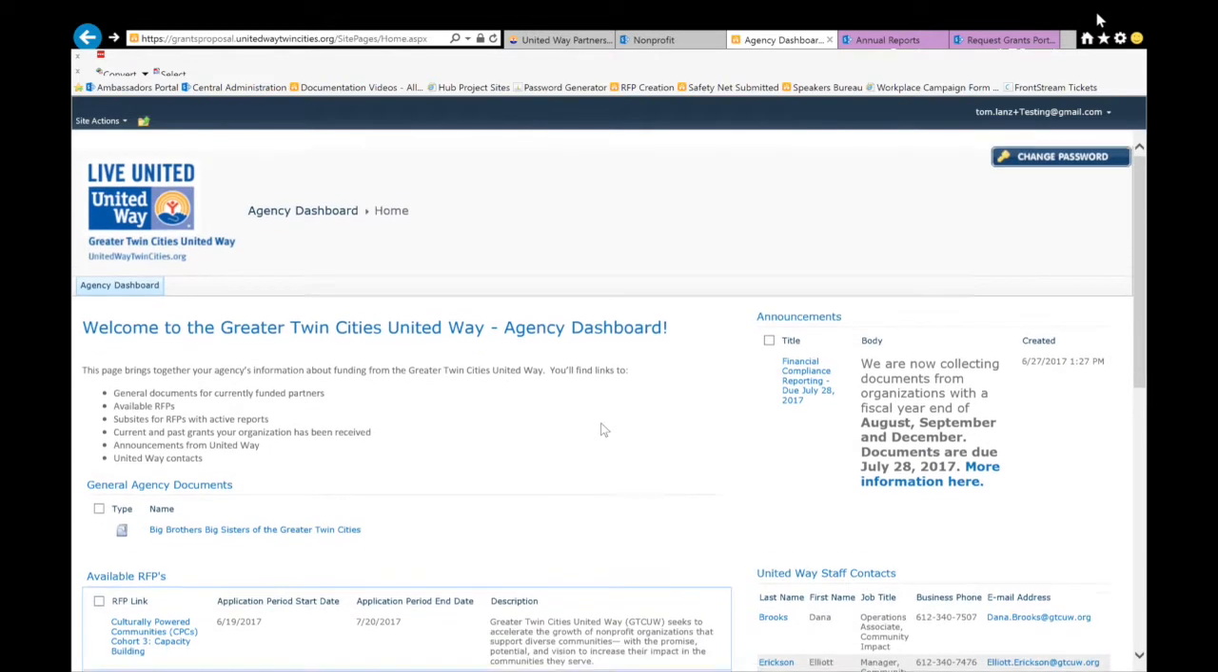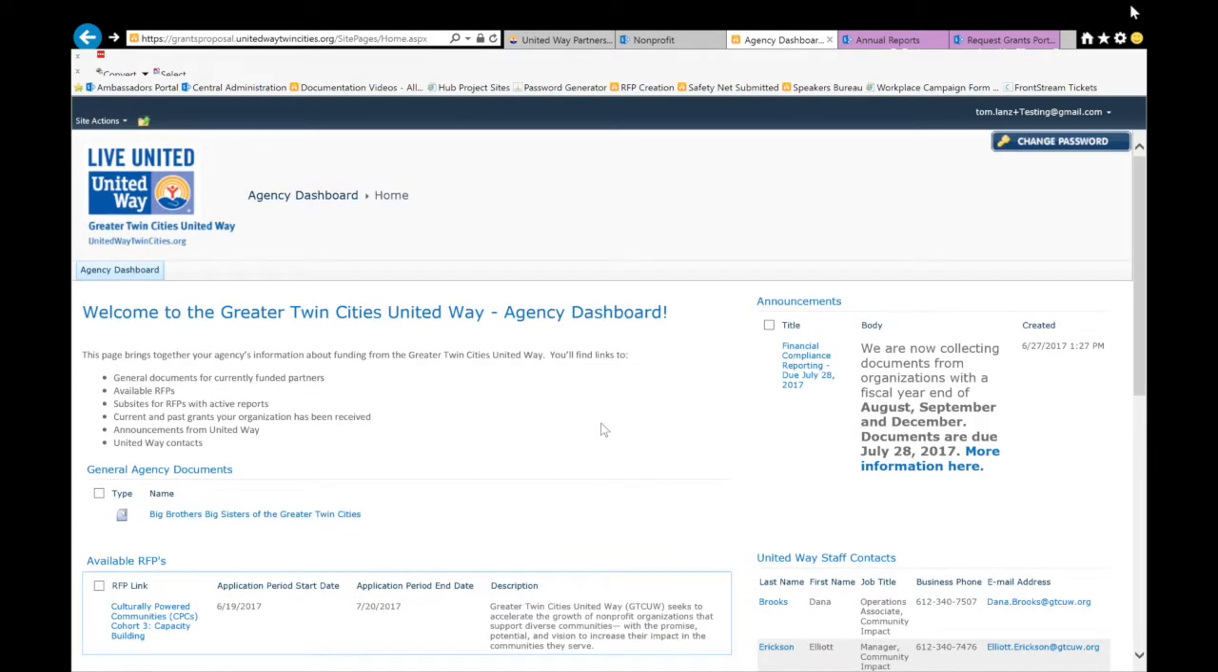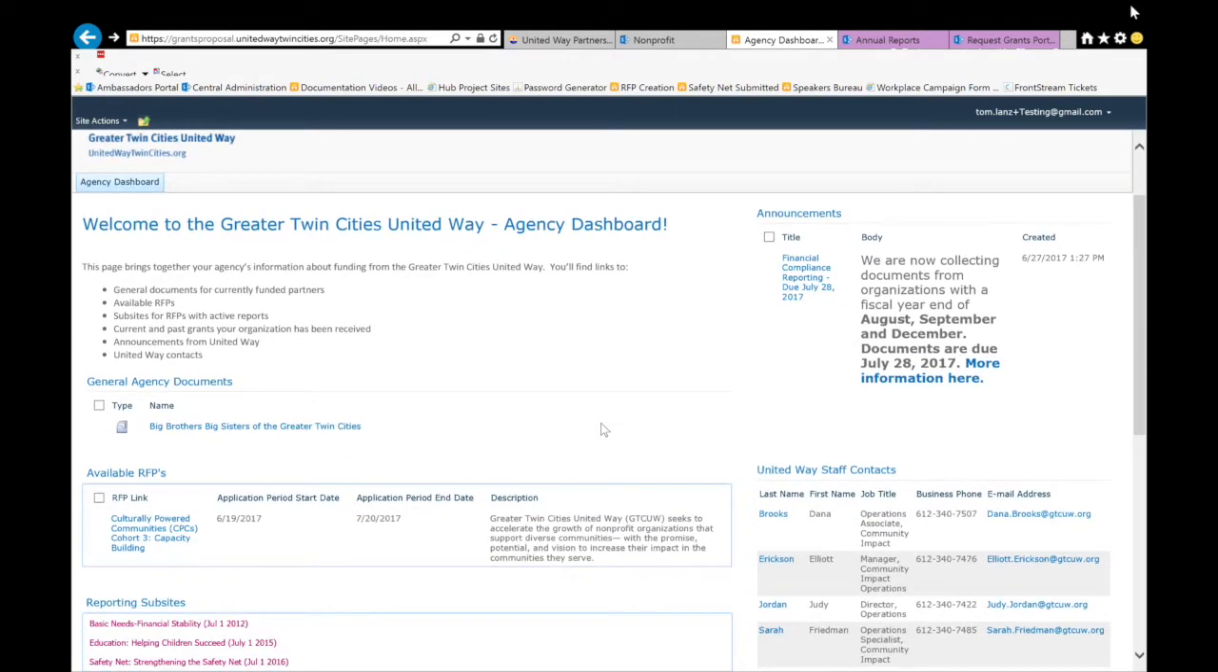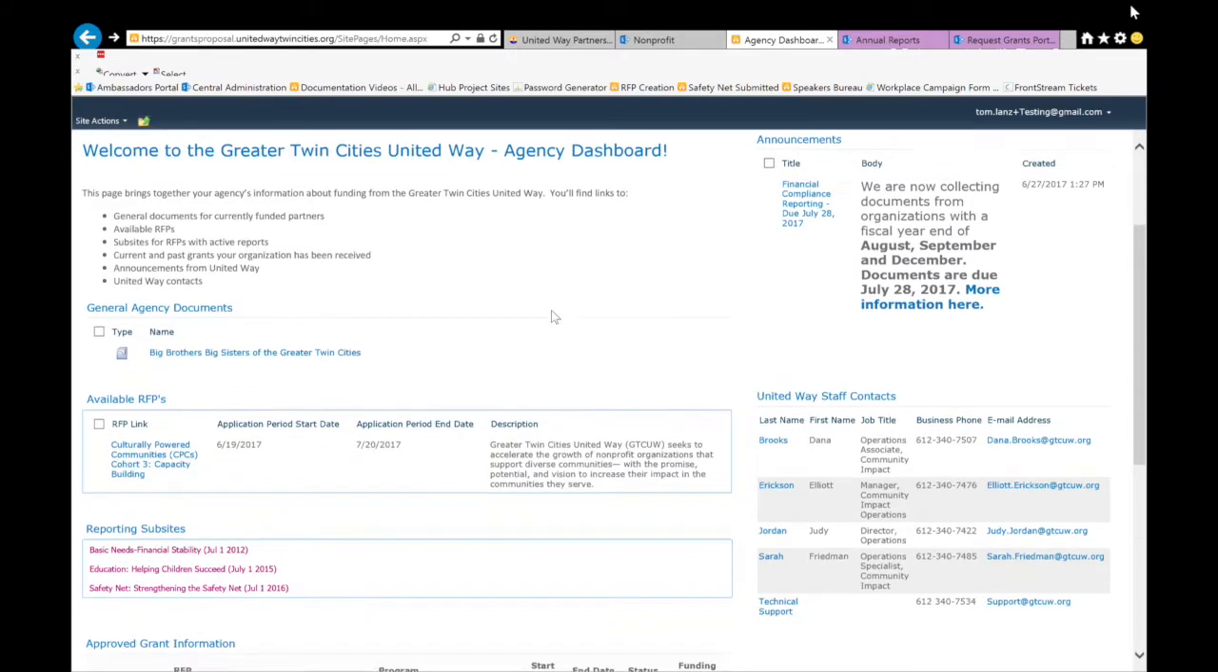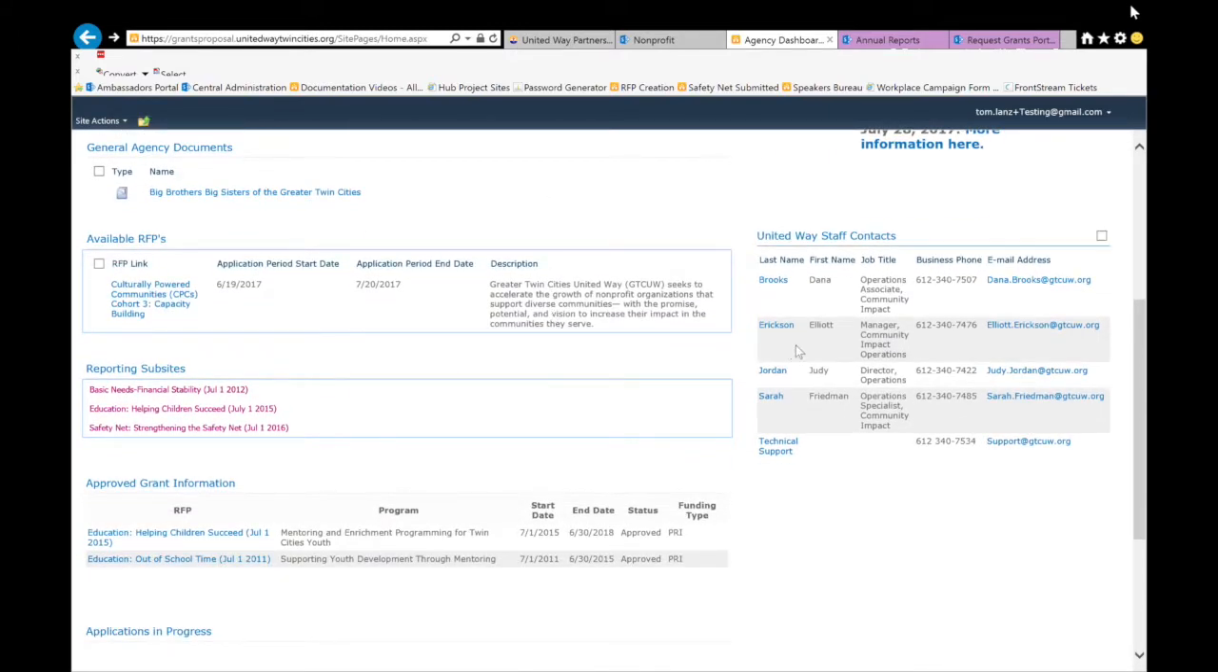So your account, you should see the information that is accessible to your parent account. So this test account here I happen to have tied to Big Brothers Big Sisters. So we see a link to some general documents for them. Contact information here for our staff on the left. And then what we're looking for now is the reporting subsites section right here. So find the grant that you are looking to report out on, and we're going to jump right to that